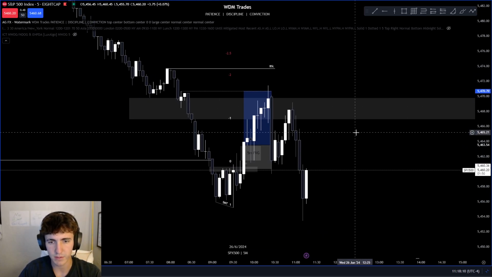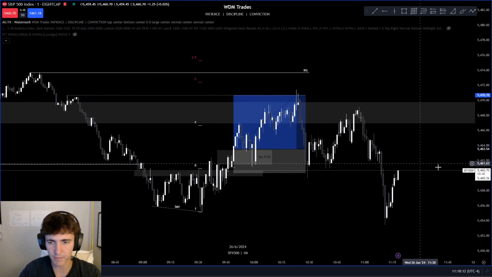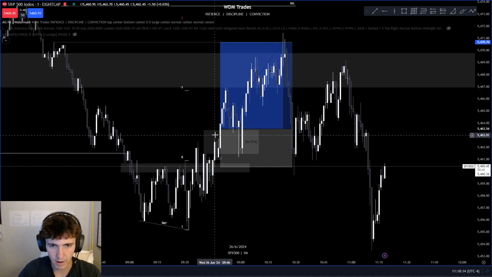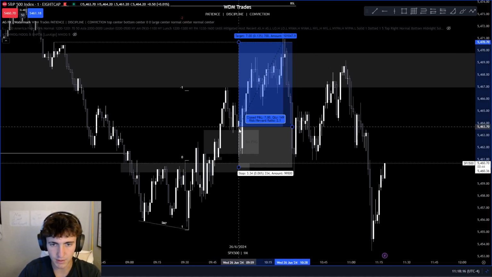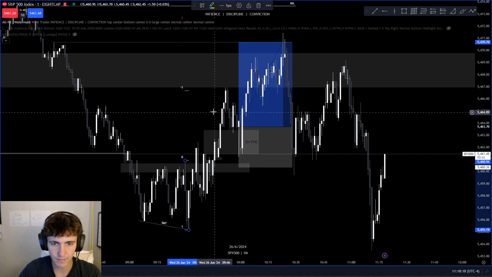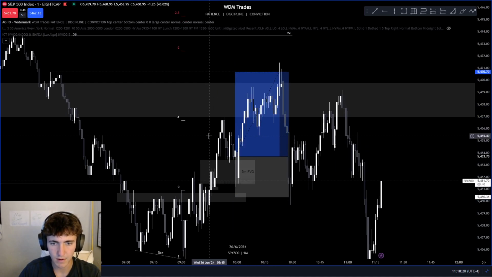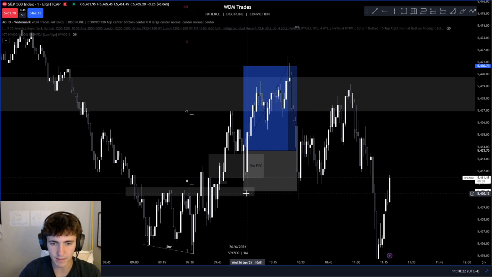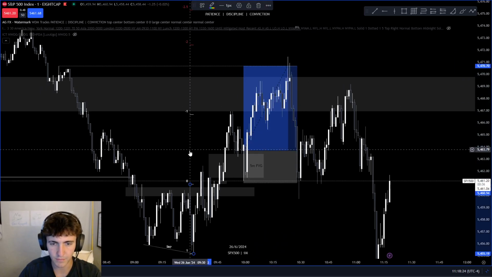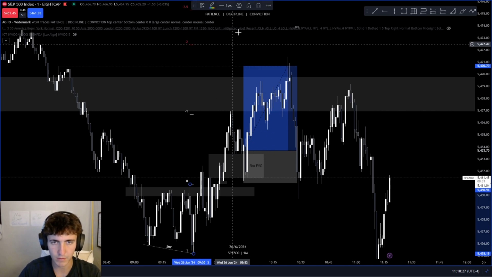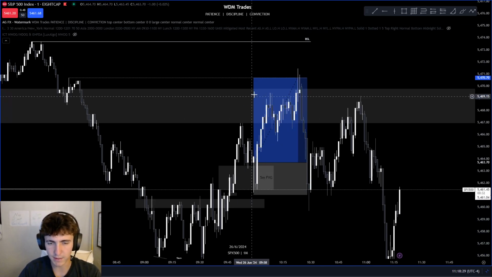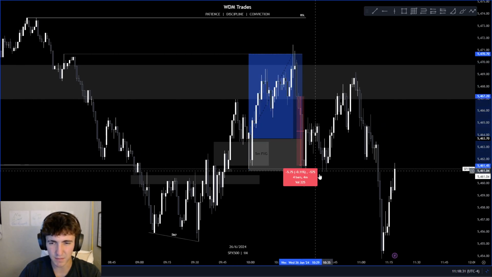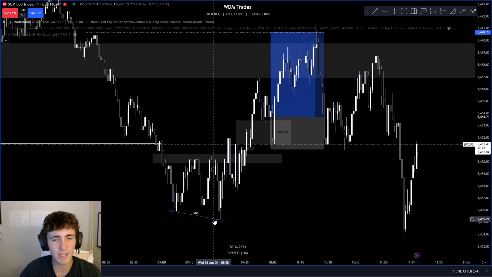So this is probably what the A plus trade would have looked like: this pullback, probably enter there. Or you wait for something like that and something like this, and then stops are below this low. This was probably the ideal setup, not the setup I had. I ended up getting stopped at break even, which I'm fine with. I don't care. Break even is a win for me.